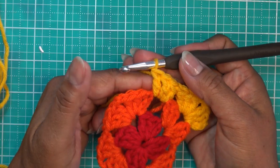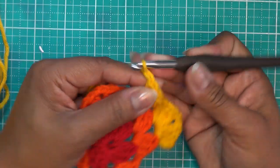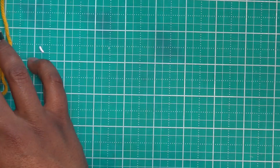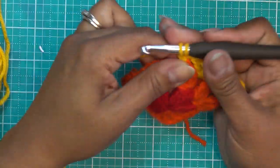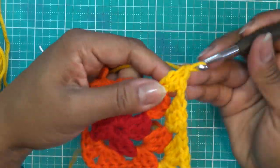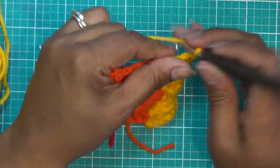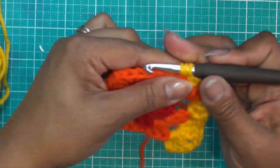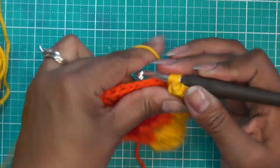And then to separate it from the next corner, chain 1, and again 3 double crochet, chain 2, 3 double crochet in the same chain 2 space from round 2. 2, 3, 1, 2. What's kind of fun is once you get really good at crochet, literally I'll be watching the TV, I won't even look at what I'm doing